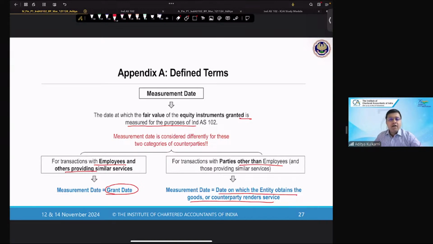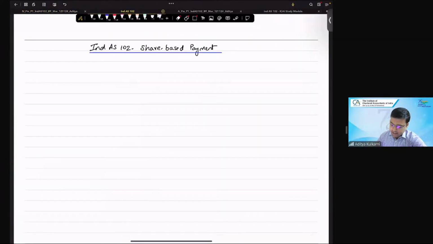Now I have a query from Hemant, which is: what is the difference between grant date and vesting date? Okay. So if I have to put it in a timeline form for you,